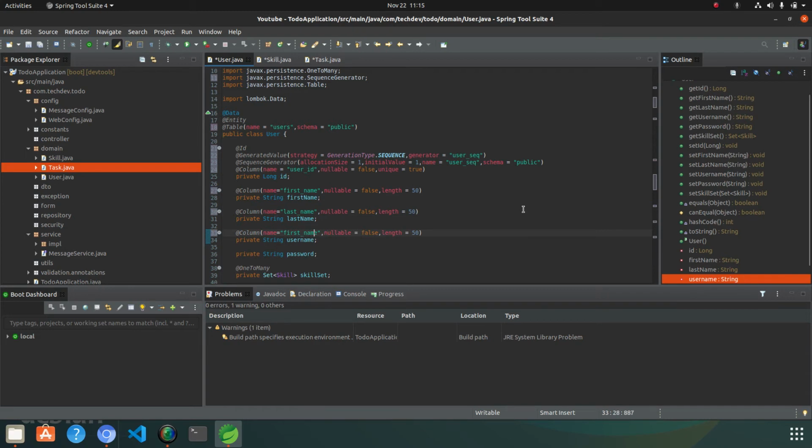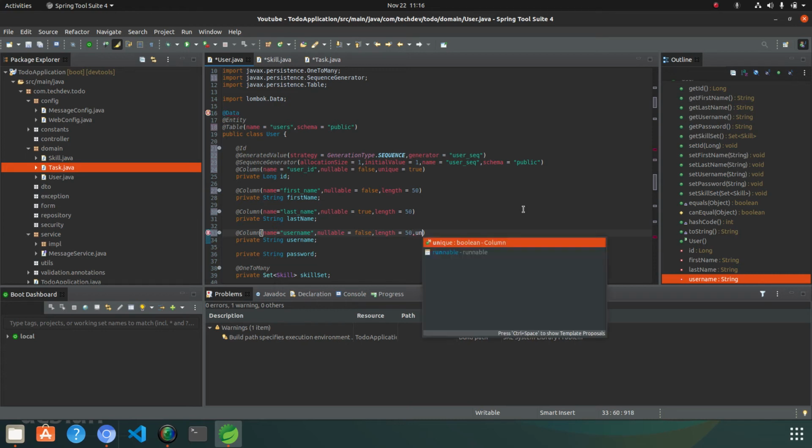Last name can be null, so you can put it as nullable true. For the username column, nullable false, because username is required. The length of the username should be 50.